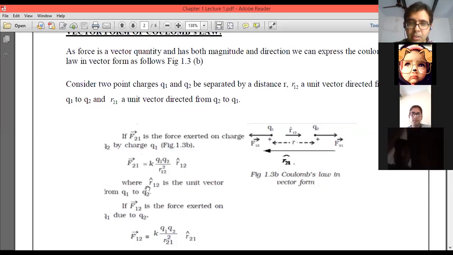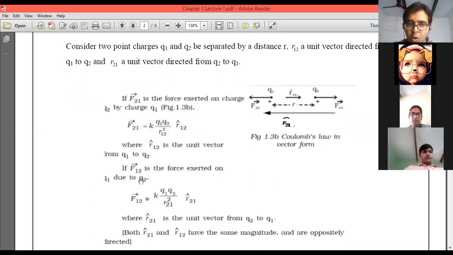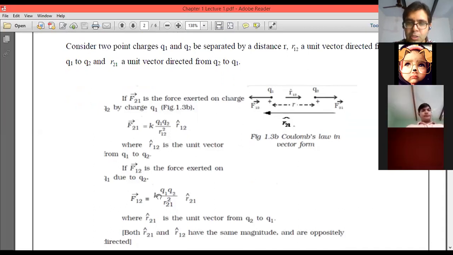Similarly, the force on charge placed at 1 due to charge placed at 2. This charge Q2 wants that Q1 should be repelled. So the direction of force F12, that is force on 1 due to charge 2, will be away from Q1 because there is a force of repulsion. Q2 wants that Q1 should be repelled. So this F12 is equal to KQ1Q2 upon R21 square